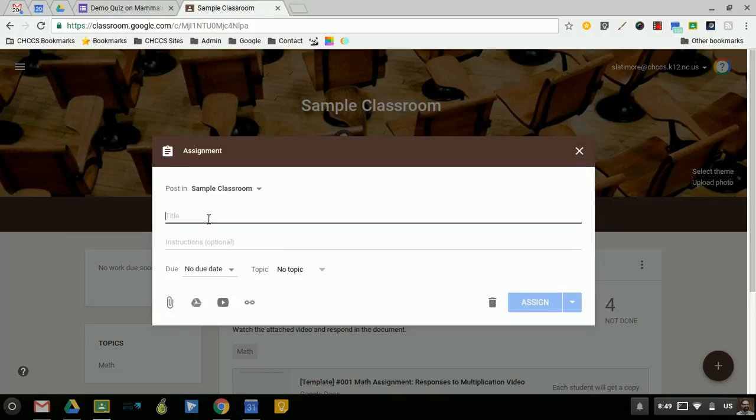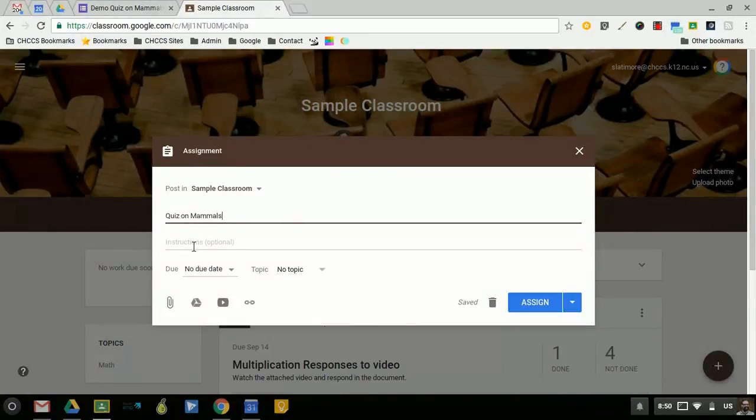And the assignment's going to be called Quiz on Mammals. And then the instructions are simply going to be to take the quiz. And I can set a due date. I think I will put a topic in this, so I'll create it and I'll call it science. Help us keep all of our science lessons together. And then the big thing here is to load the form into your assignment through your Google Drive. So I'm going to go to my Google Drive icon here,